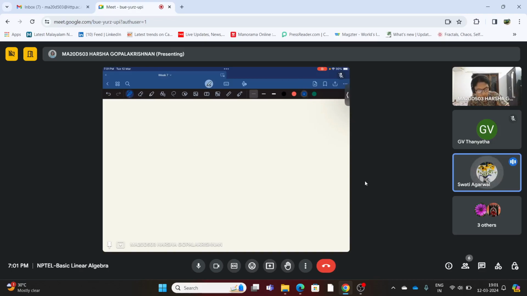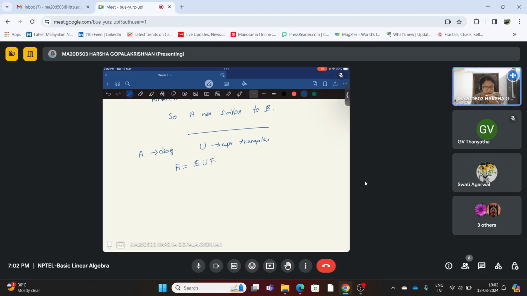It says that A is a real square matrix and U is an upper triangular matrix. Then A is diagonalizable if and only if A is equal to EUF, where U is an upper triangular matrix and E and F are invertible. So they're asking whether A is diagonalizable or not. It's a true or false question. They are saying it's diagonalizable if and only if A equals EUF, where U is upper triangular. I have no clue how to solve this, but